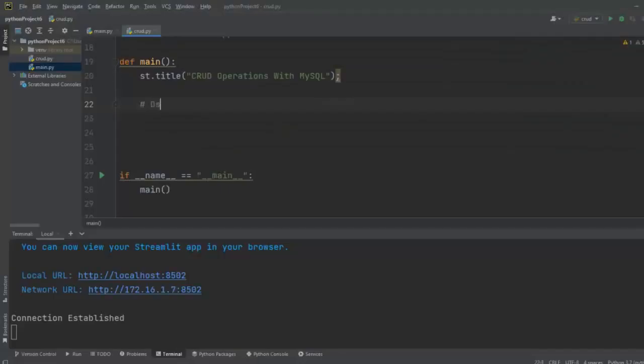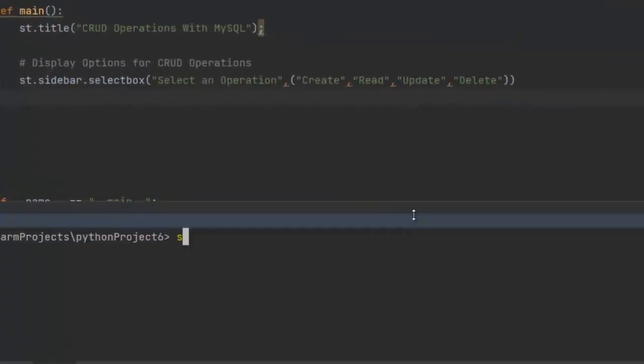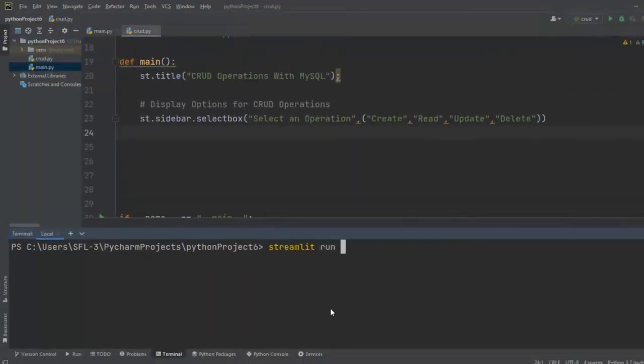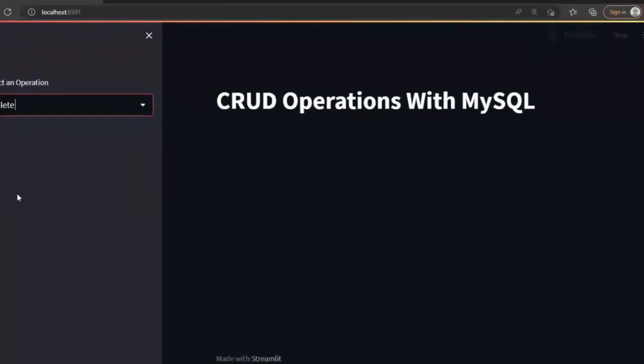So now let's first display options for CRUD operations, and let me write st.sidebar.selectbox, so the user can select CRUD operations. So let me write "Select an operation". Which operations? Create, read, update and delete. Let me save and let me run streamlit run CRUD.py. As you can see over here, from here the user can select different operations: create, read, update and delete,